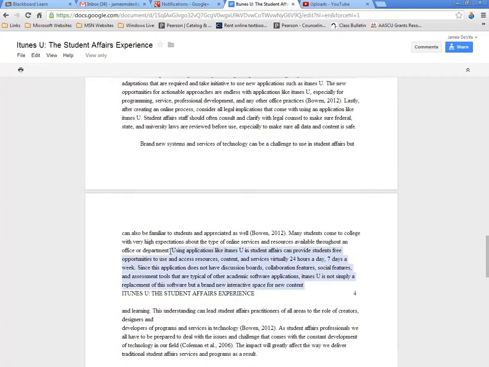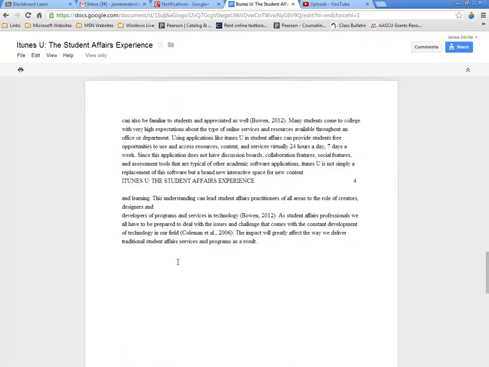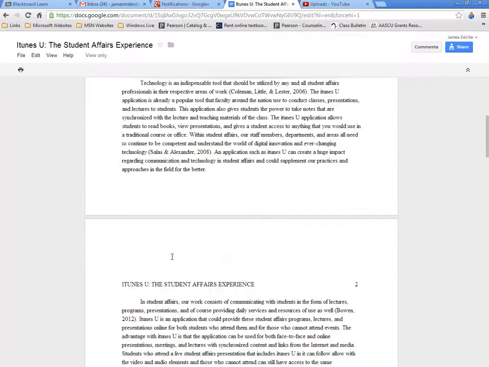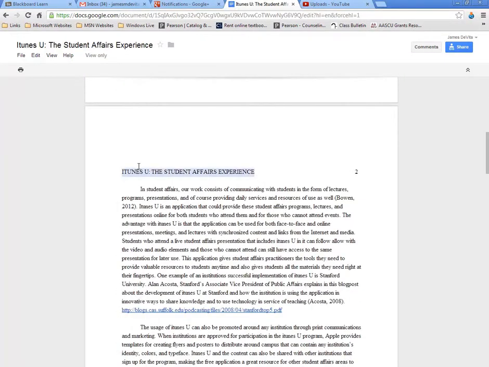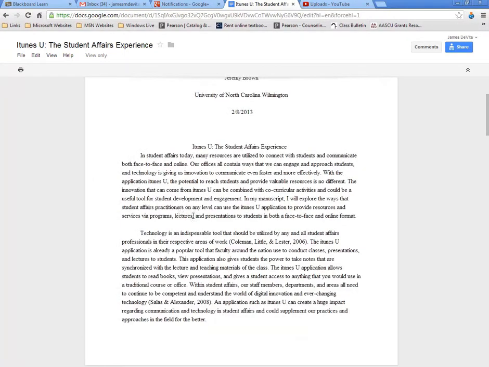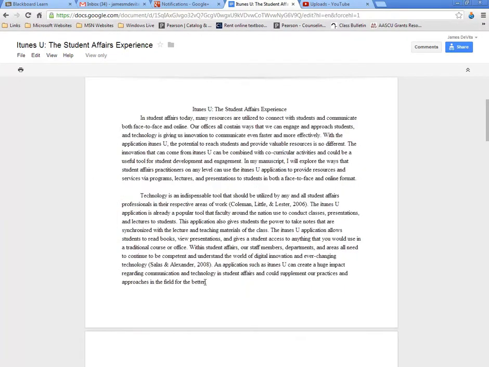You talk about the benefits of it, but I'd really go into some specific examples on how we could use iTunes U as student affairs or higher education professionals. Along with that, reorganize the paper just a little bit, and I guess it's not really reorganizing, but add some more headings and subheadings to the piece so that we know where you give us the introduction in terms